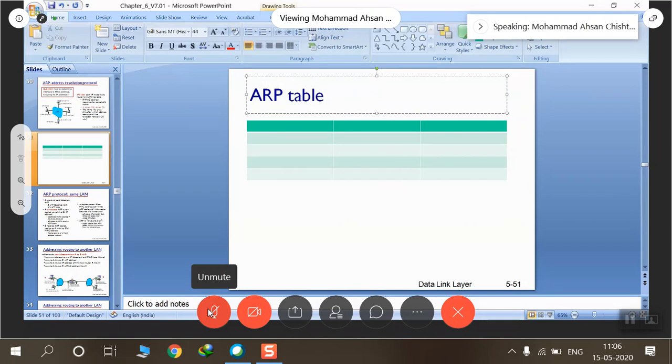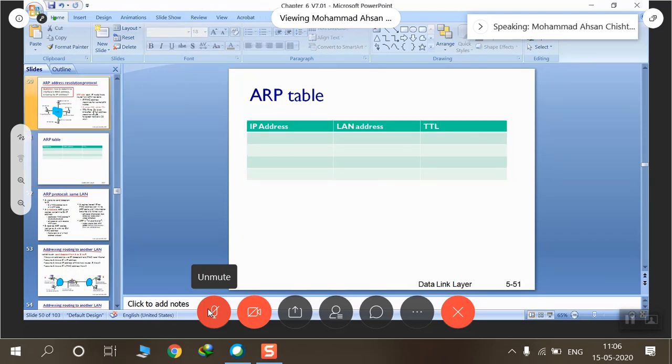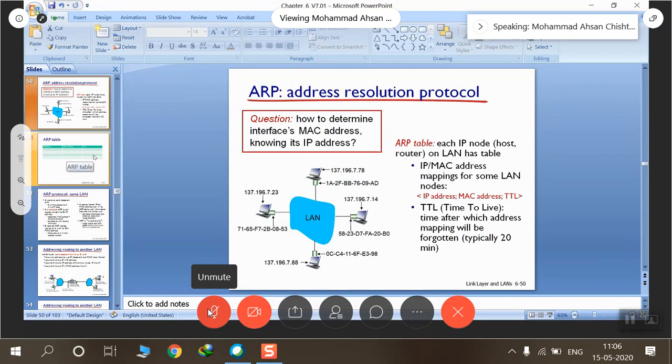At the top we have the IP address. Next we have the LAN address, and next we have the TTL, where TTL stands for time to live. Now, if our IP address here is 137.196.7.23,